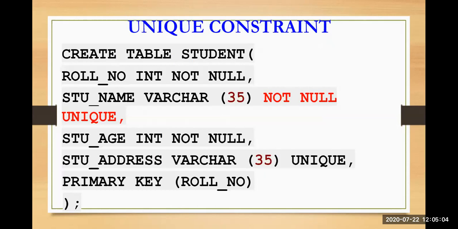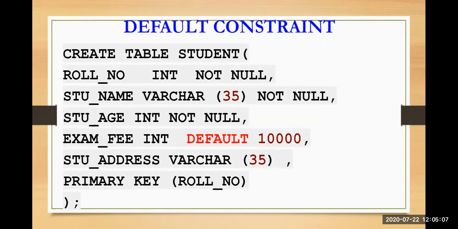So let's move to the next, that is your default constraint. Whenever I talk about the default constraint, it provides a default value to a column when there is no value provided while you are inserting a record into your table. Here I have taken an example, exam fee with a default value of 10,000. Even if you keep your exam fee blank, by default, the database will give you a value that is 10,000. The default value can work only when you have one fixed value for all the records. If you have different values for each record, then default will not work.